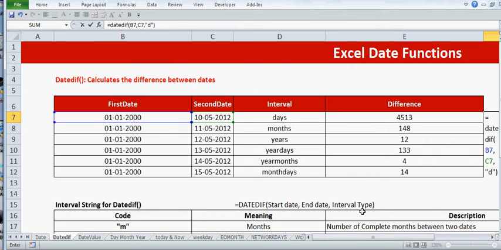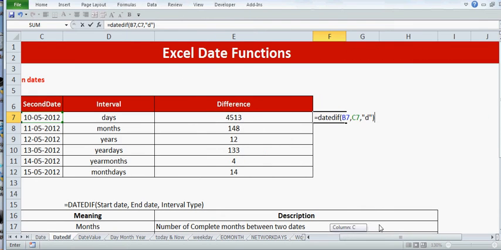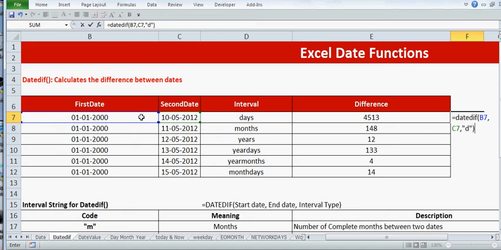So this is the way you will write a formula for DATEDIF in order to find out the difference between these two dates in terms of days. We just press enter. So the answer is 4513. The difference between these two dates is 4513 days. In the same way, you can also find out the difference between these two dates in terms of months.